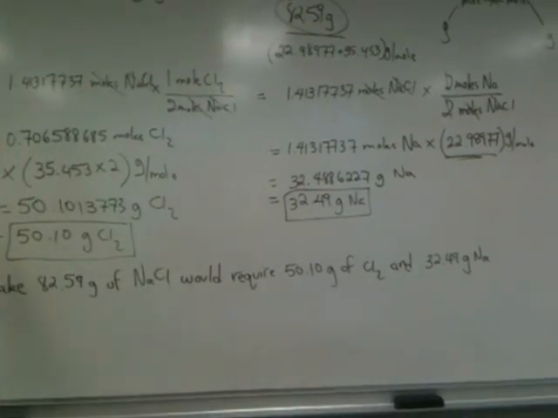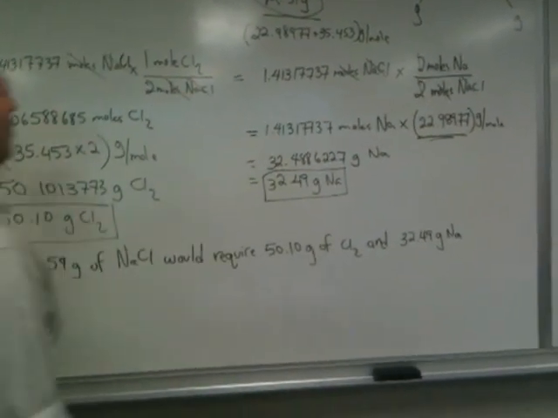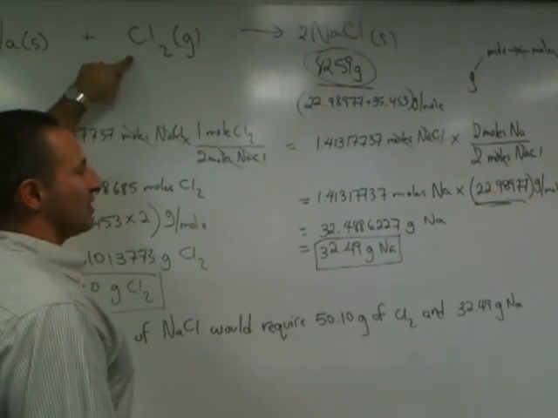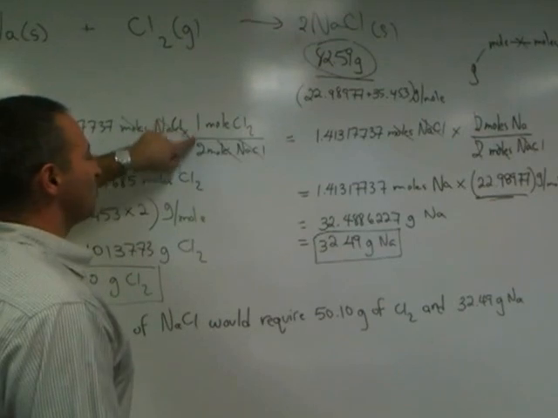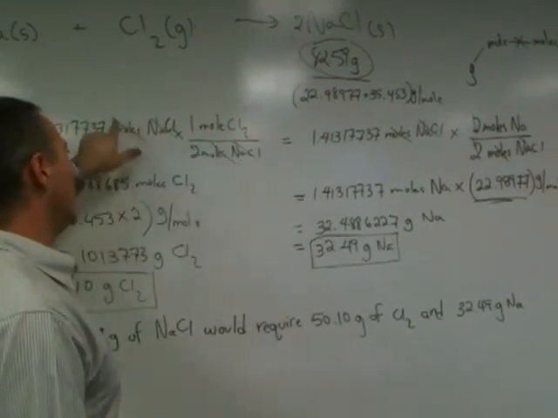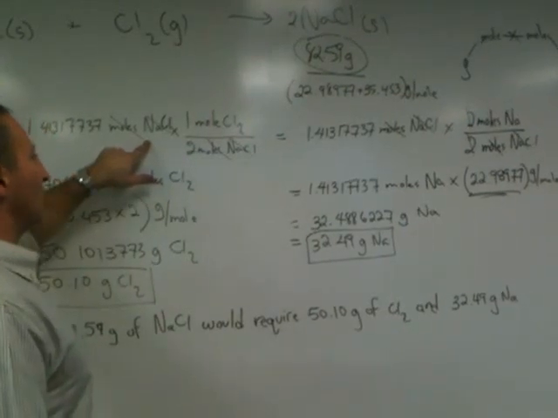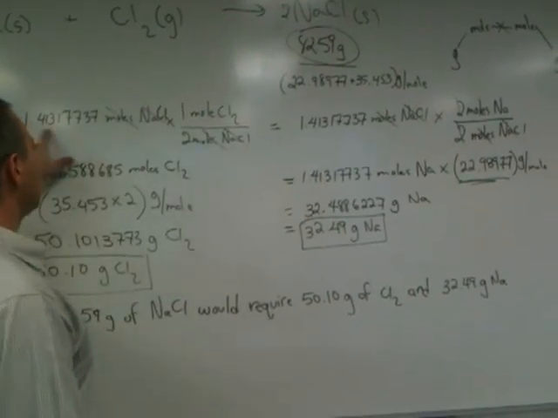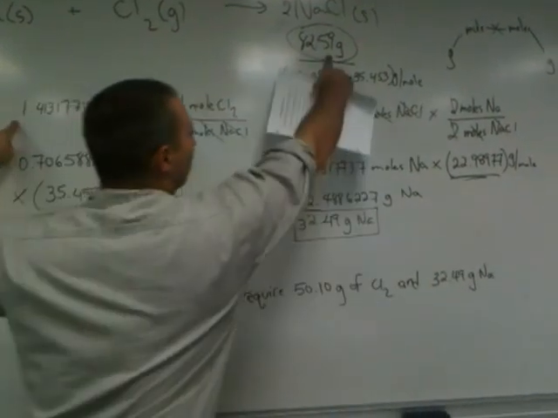In the second half of the calculation, we're now going to determine from moles of sodium chloride how many moles of chlorine are necessary. So here the stoichiometry is 1 to 2. Again, we put 2 moles of sodium chloride in the denominator so that we can eliminate moles of sodium chloride to get an answer which is in moles of chlorine. We start off with the same number of moles that we obtained from the first calculation,